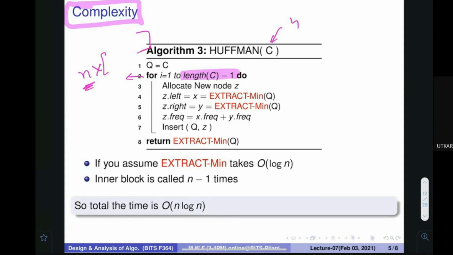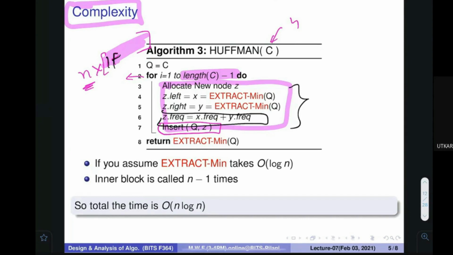And what is here? What is something that you are going to do? How much time is this particular portion going to take? This statement is not that problematic because it takes only constant time, one time. What about this statement? This is again a constant, one-time operation. What is the time taken by this instruction? Again, it is 2 multiplied by the time taken by this single instruction. So till now everybody is okay. Say yes.